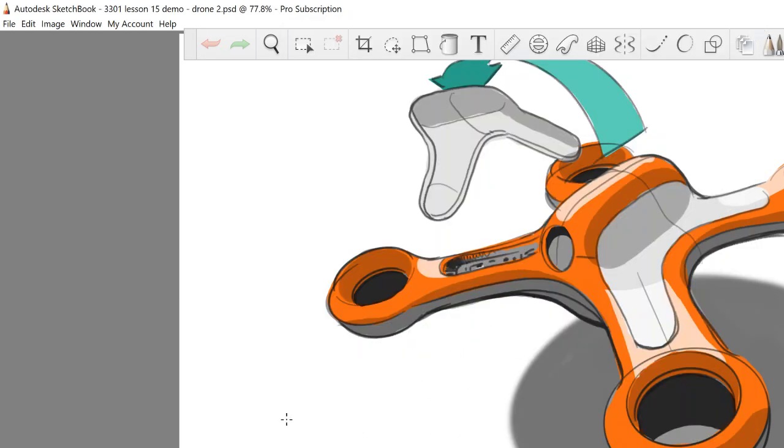Just a quick demo on sort of an efficient way of doing a communicative or 3D thumbnail sketch in Sketchbook Pro. In this demo, I'm actually using a Wacom Cintiq Companion 2. It's a tablet that has a screen that I can draw on with a pen, and it's similar to the Wacom Cintiqs that you guys have in Studio, only a little bit smaller, and it actually runs Windows, which